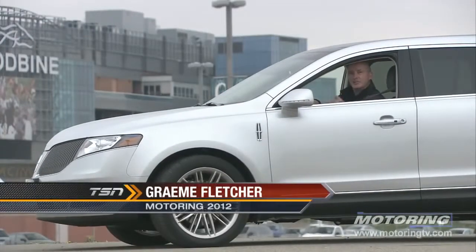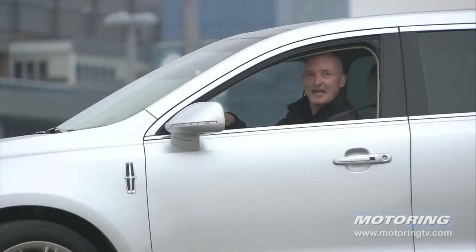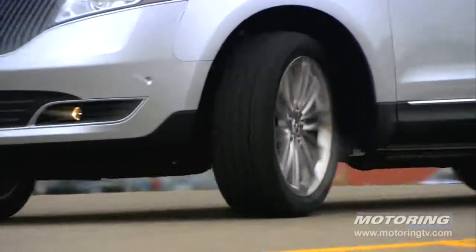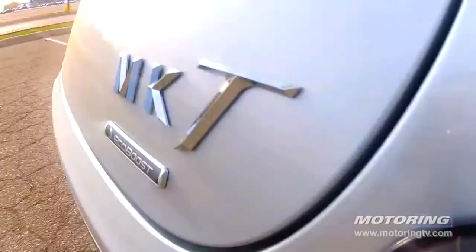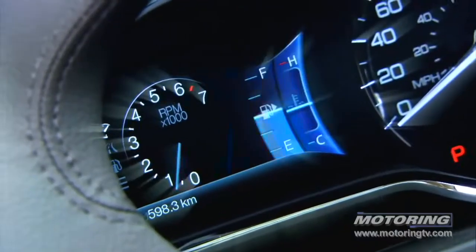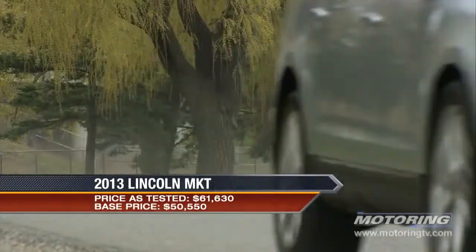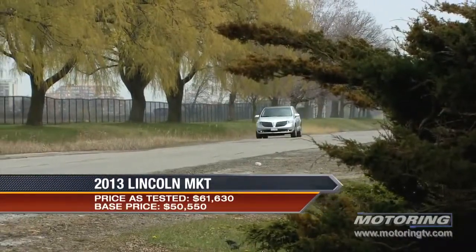It's big, it's bold, it's brash. On this edition of Test Drive, the Lincoln MKT. The latest Lincoln MKT wears the company's new split-wing front grille, a distinctive design cue that will roll out across